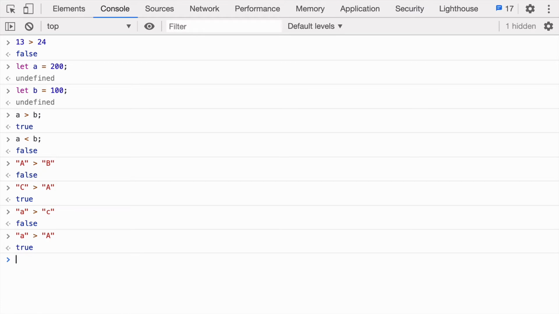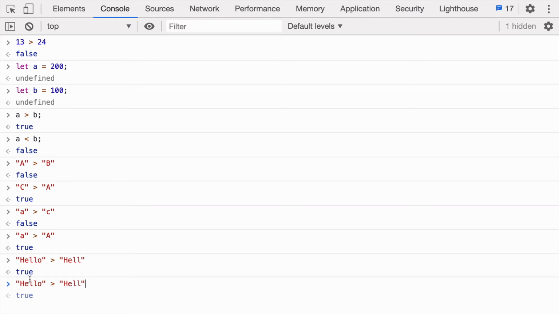But what will happen if we compare words? Something like hello greater than hell. In this, letter by letter comparison will happen. So it is like, okay, is H greater than H? It is not, so it will come to the next one, e compared to e. It's not greater. So it will go on to l, the next l, and now hello has an o, but hell doesn't have anything. In that way, it returns true.